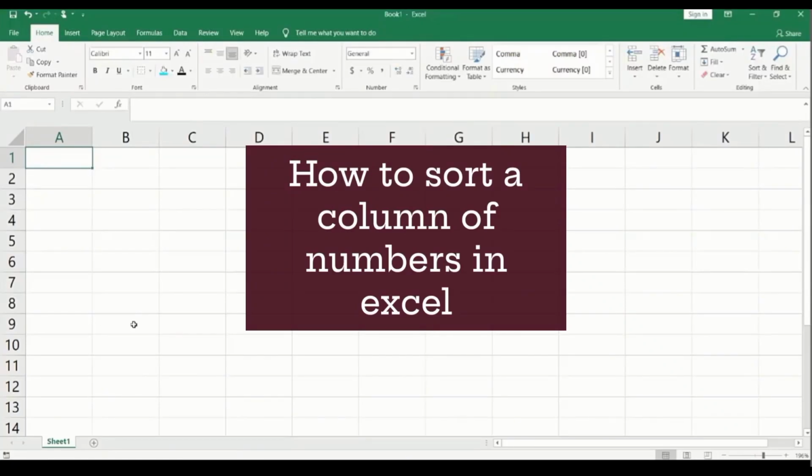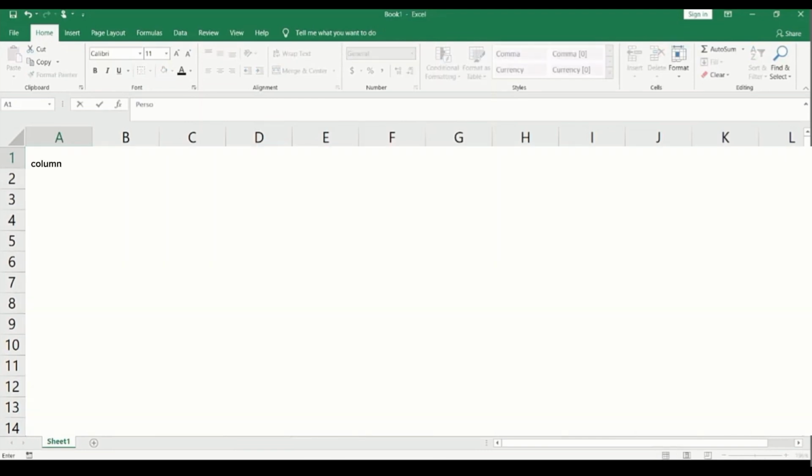So how do you sort out the column of numbers in Excel? Or primarily, how do you type in? You just click Control Enter, down arrow, and it'll automatically switch to, as you can see, B